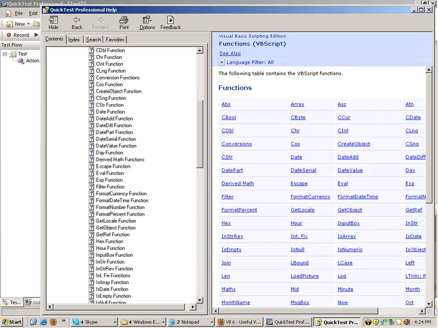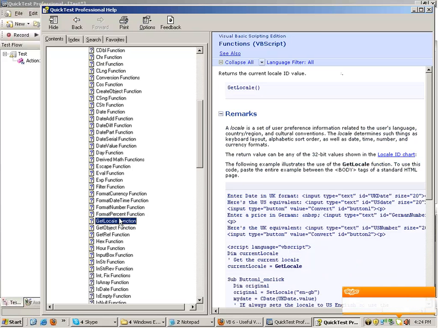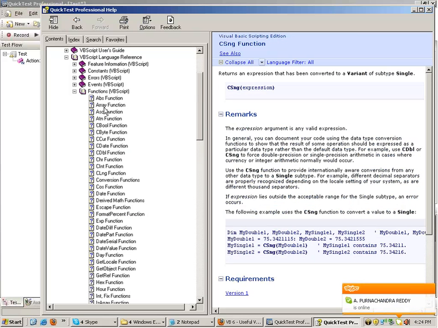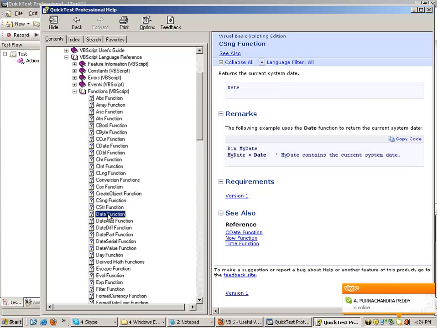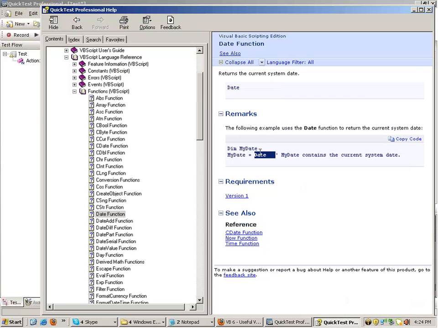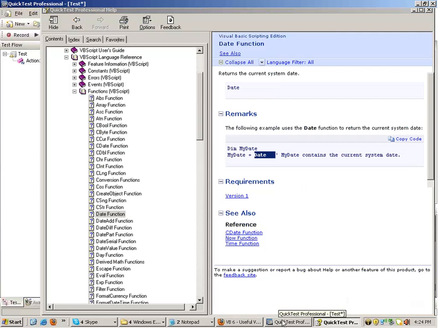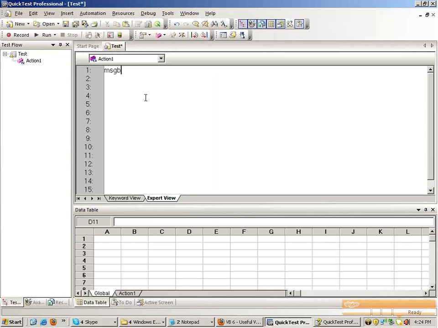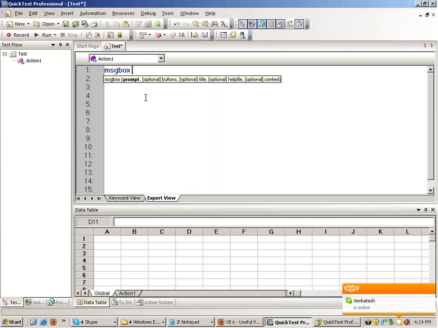For example, I have the function called, say, date function over here. So this is the date function. Okay, if I just write over here, message box is the command to print something in VB.